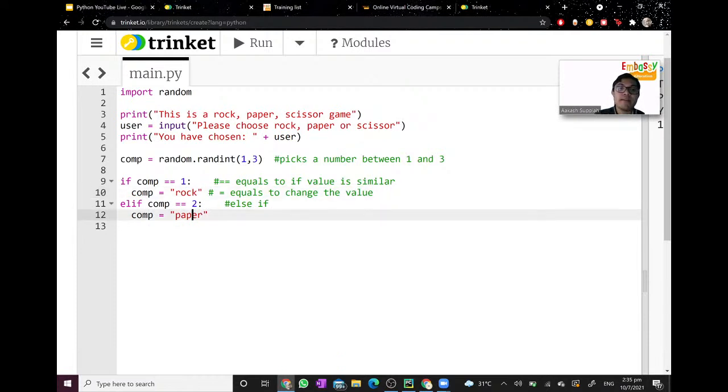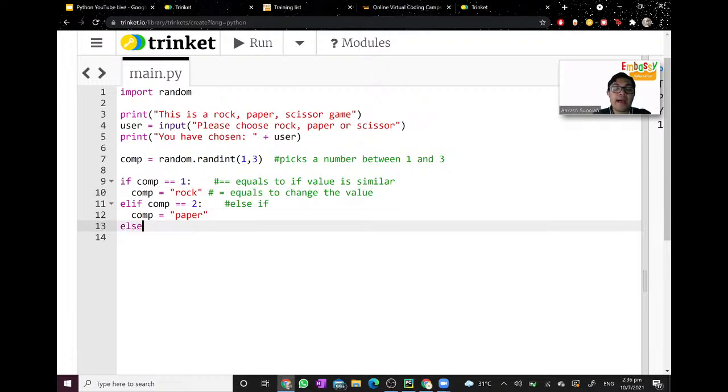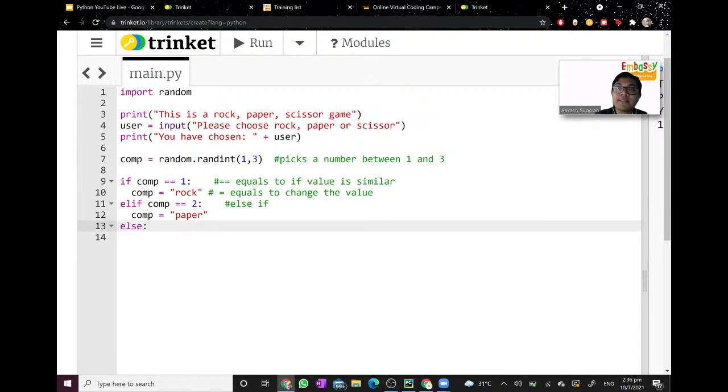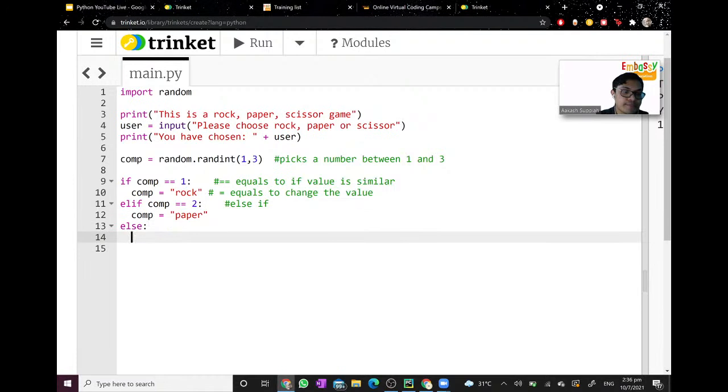Finally, now we have given rock and paper. To end the conditional statement, we put in an else. Else basically means that if statement 1 is false and statement 2 is false, so if all are false, go to this statement. Else com will equal scissors.